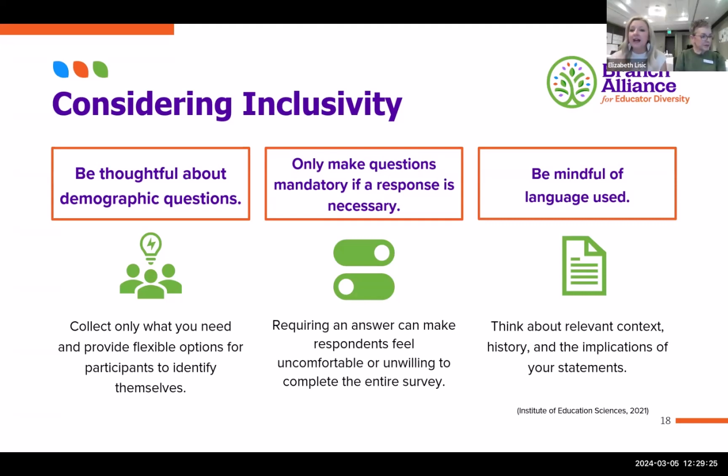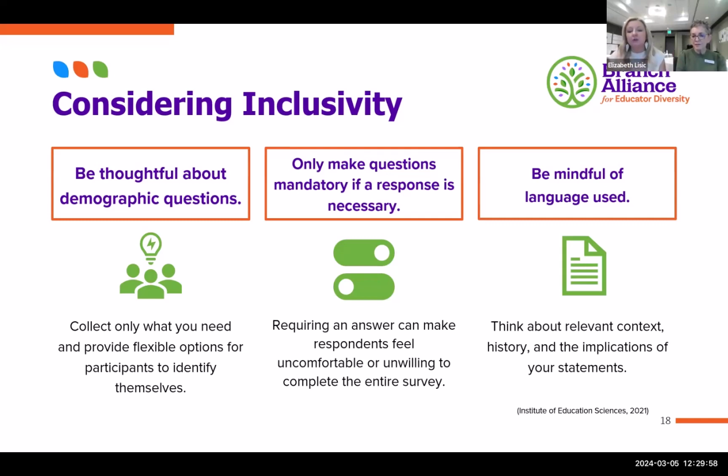And then third, being mindful of the language used, thinking about context, thinking about history, thinking about the implications in the statement we make. And oftentimes it's unintentional, but we may, and that's where I'll say that here, this is where it's so helpful to bring other stakeholders into your instrument development process, because oftentimes I may not realize language is problematic in a certain way, but by bringing someone else in, they're able to help me rephrase or reword.